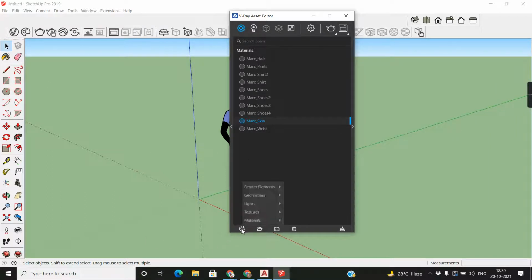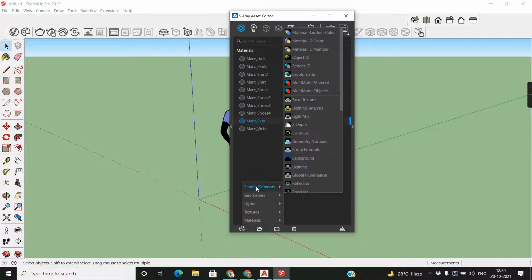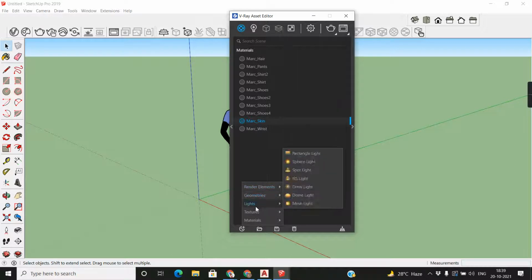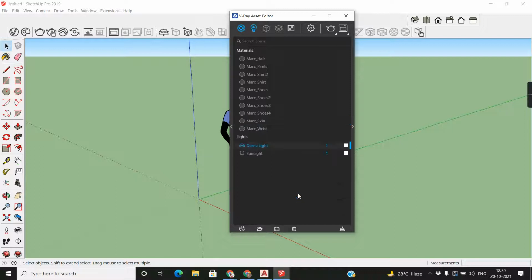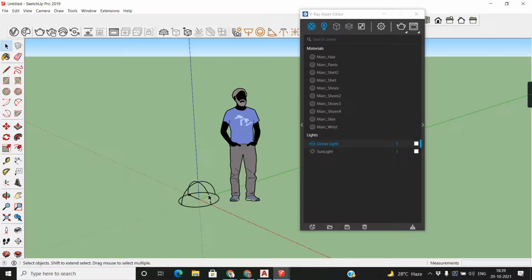Now if you want to create a new material, just click, you will find not only material. You have material, texture, light, geometry, and render element. And these are all specified here. If I want a light, just click on light. So light is created. See.